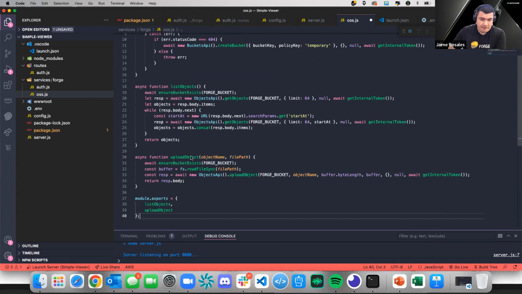Later on, we have the uploading mechanism. So again, ensure the bucket exists. And then we're gonna do the FS, which is the file system readFileSync functionality within Node in order for us to be able to upload that